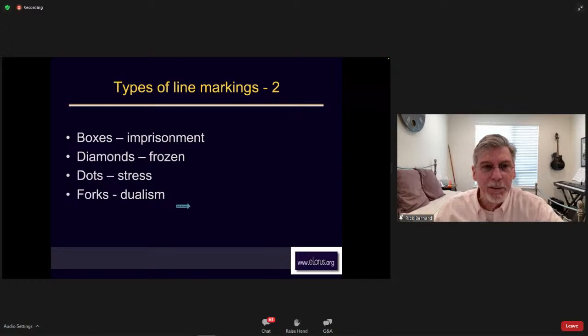Sometimes you'll see a diamond around the heart line. I'll see if I can show a picture of it. It's just being stuck. You don't know which way to go. Dots are kind of blurry. Sometimes you'll see dots along the lifeline, and dots just mean stress along your life, in that area of your life. And forks usually show up at the end of a line, and it's just a dualism. It's just a way to think of things in a couple of different ways. And I think I can show you one of the